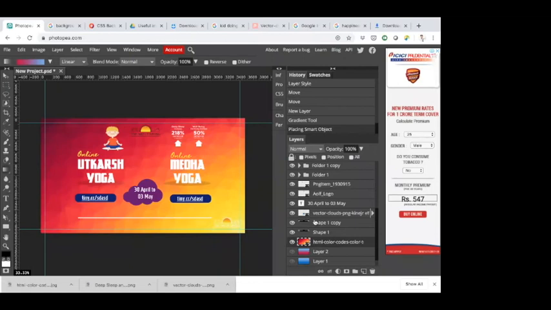All right. So now you can see that the image is now not like a linear image. It is having kind of a dimension of that background. Does this look good?